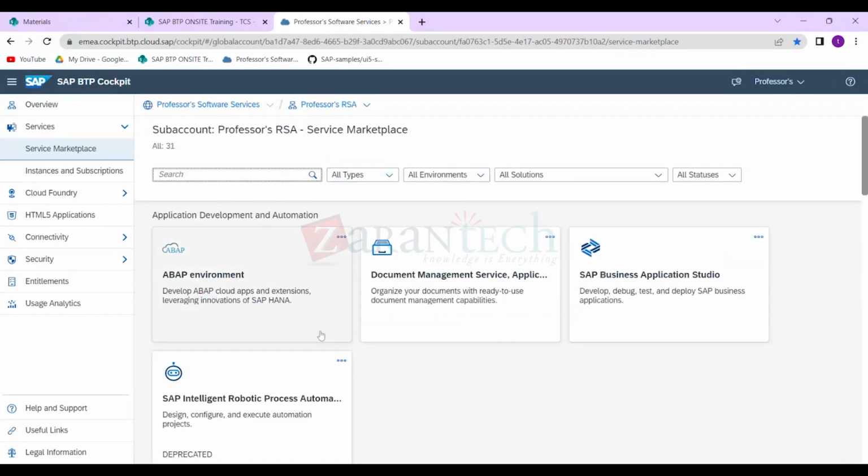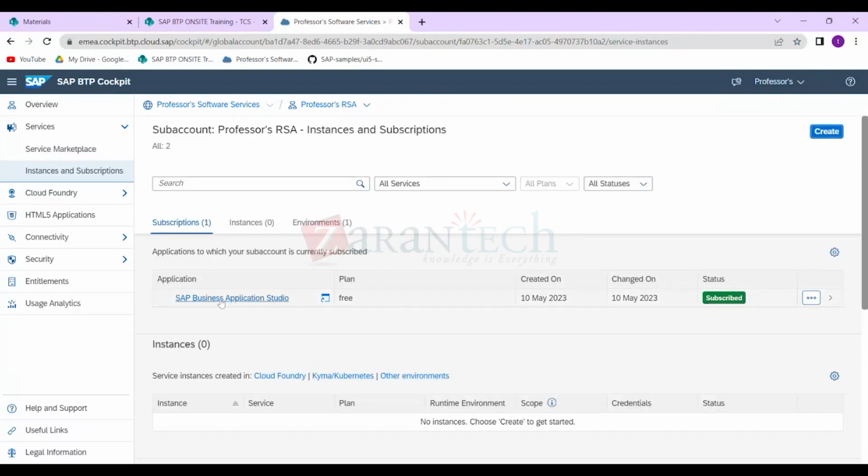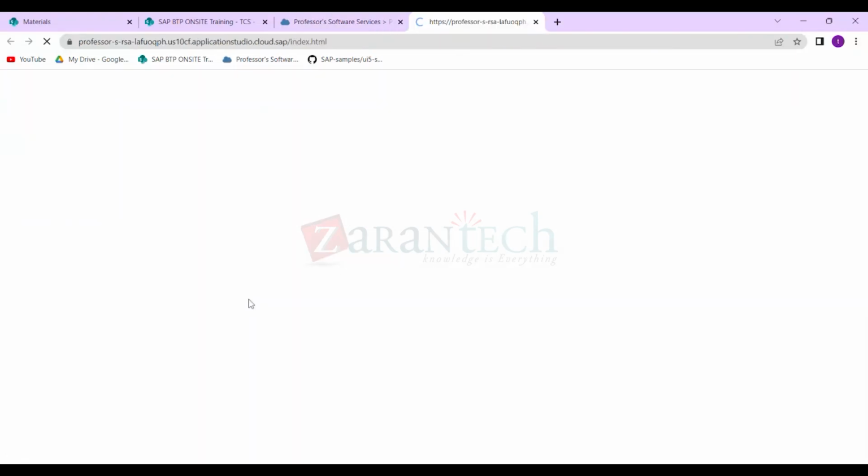Now in my trial account, what are the services that I can use? Okay, now for the first time when you have created an account, it is available by default for you. But sometimes what happens is as soon as you launch your trial account, you might not be able to see it. Sometimes it will give you an authorization error. Okay, even if your account is set up, if you try to open this,